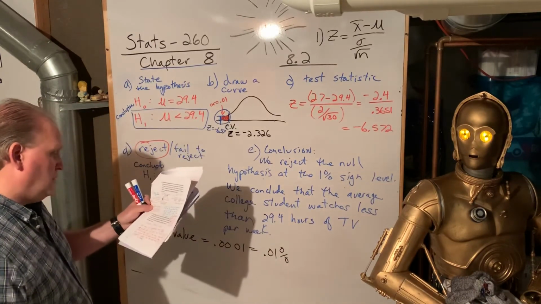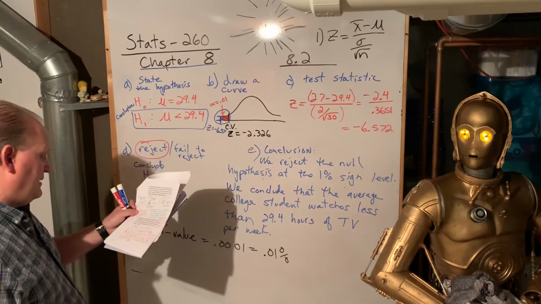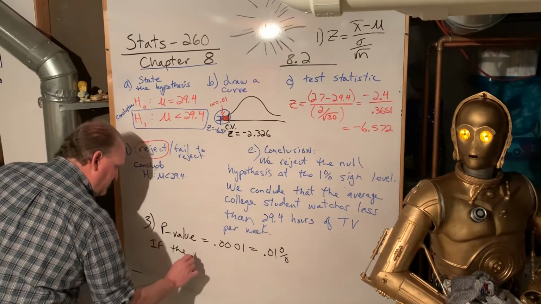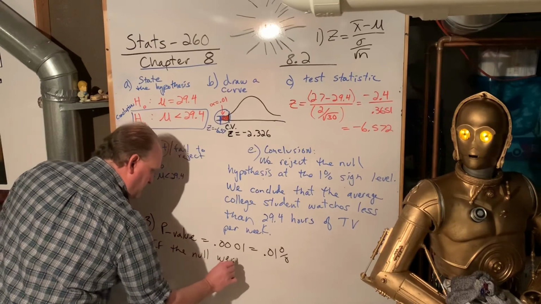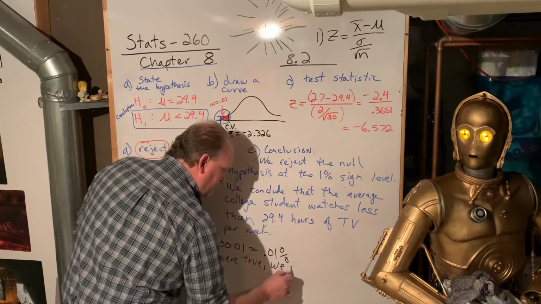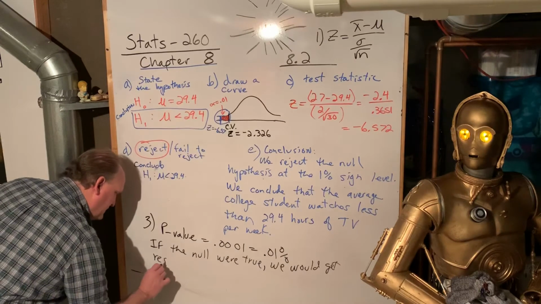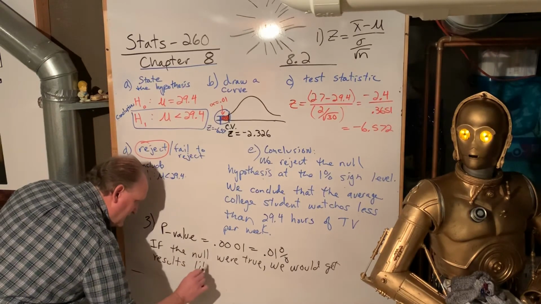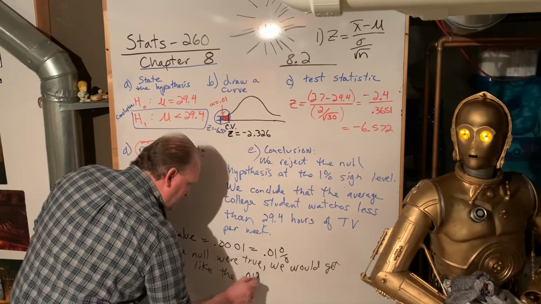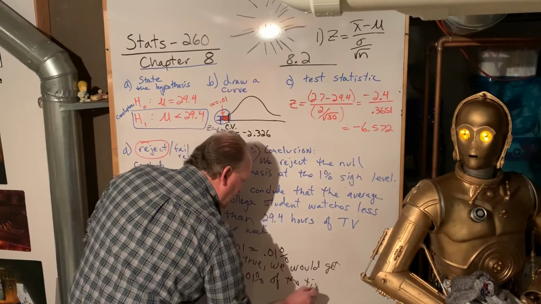If the null were true, we would get results like this 0.01% of the time. Now, if you look at the notes,